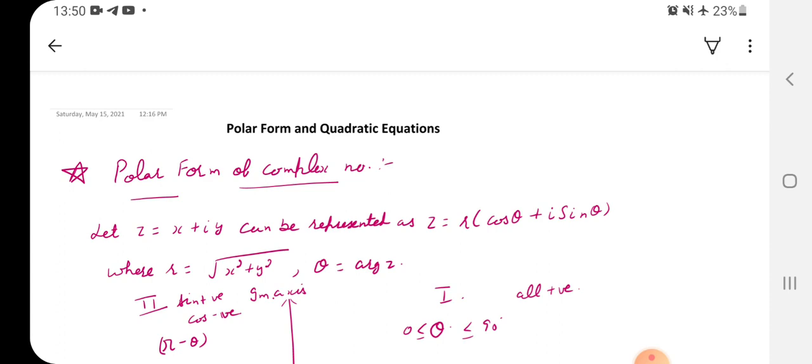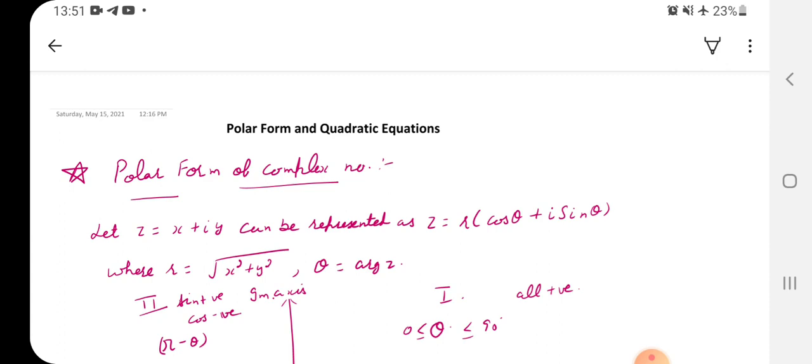So first of all, polar form of a complex number. In the last class we have also discussed z equals x plus iota y. Any complex number can be written as r (cos theta plus iota sin theta). Now what is r and what is theta here? r is the magnitude of that number. Magnitude or modulus, both are the same thing. So r is the modulus of that complex number and theta is the argument of z.